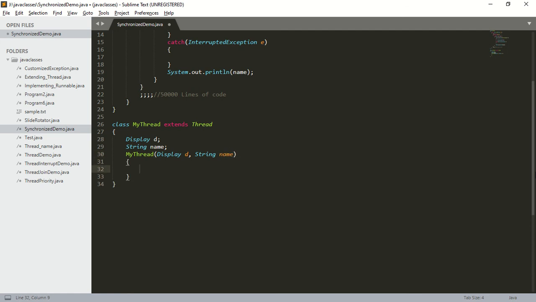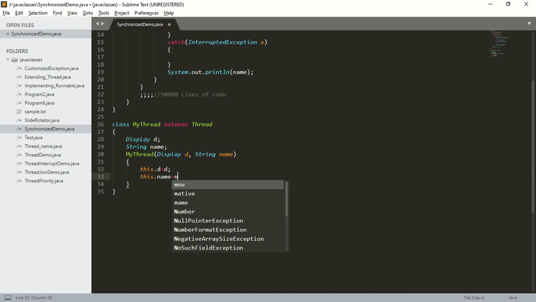Next, I should initialize the display object, so that is this dot D is equal to D. Next, this dot name is equal to name.